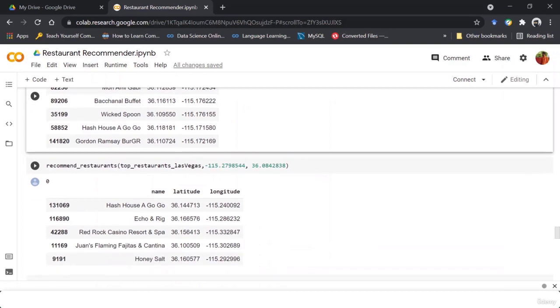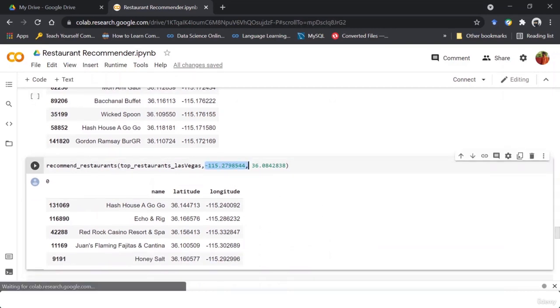Now, you can even see in recommend restaurant, again using that function, if I give this as the parameter, I'm giving the place where I want to search for the best restaurants around it.